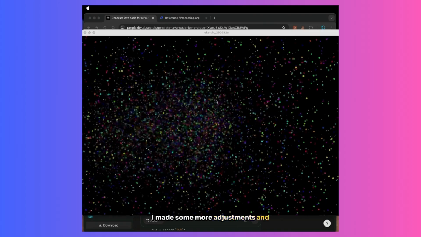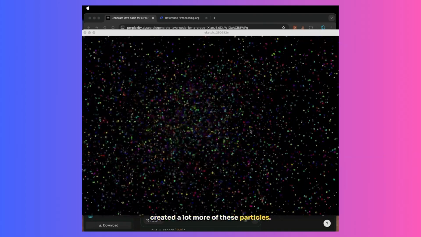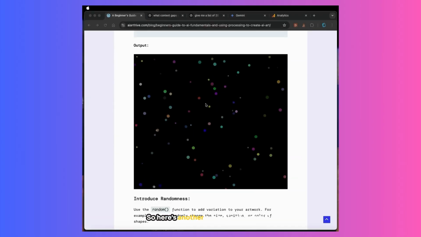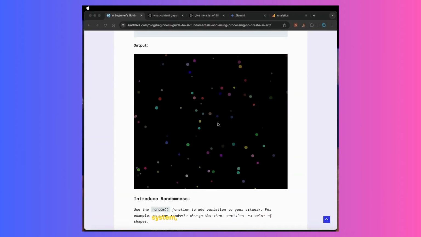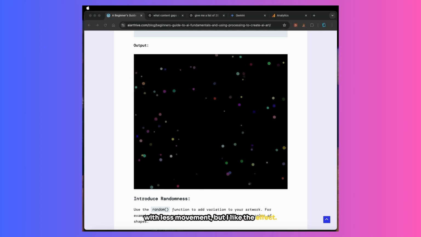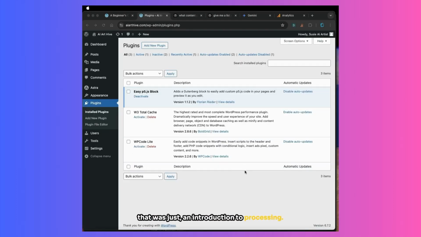I made some more adjustments and created a lot more of these particles. It's almost like confetti. So here's another example of a particle system that I created. Less crazy with less movement, but I like the effect. Okay, that was just an introduction to processing. You can do so much with it, and I'm going to do more videos on using it to make games